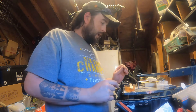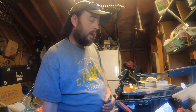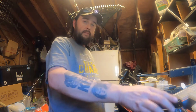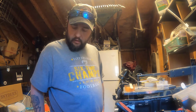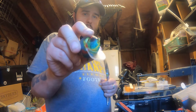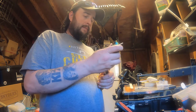Alright. It is epoxy time. So. I'm going to show you how I epoxy stuff. Excuse me, I gotta get that out of the way. So like I said, I was going to trim the lip down, and this is what we got. You know, if you go back and look, it's not as